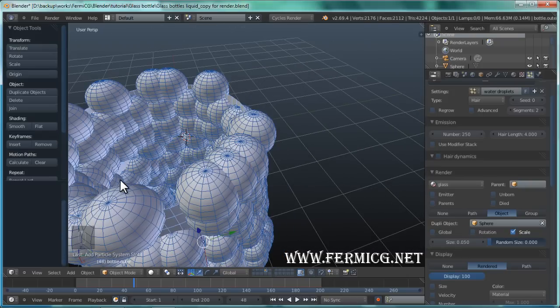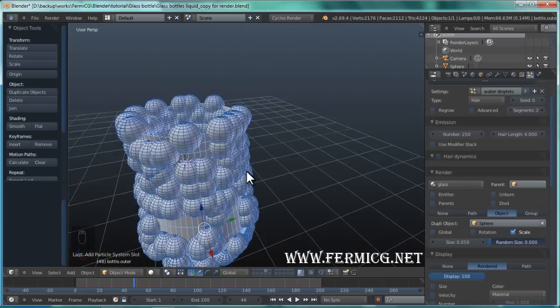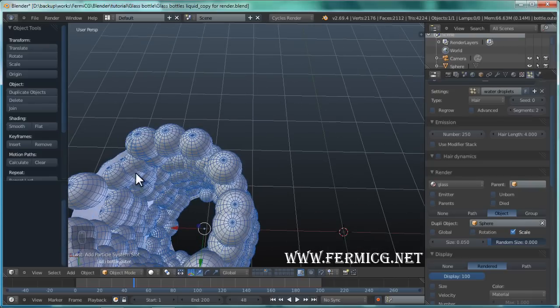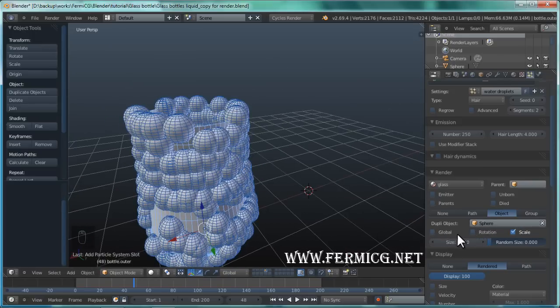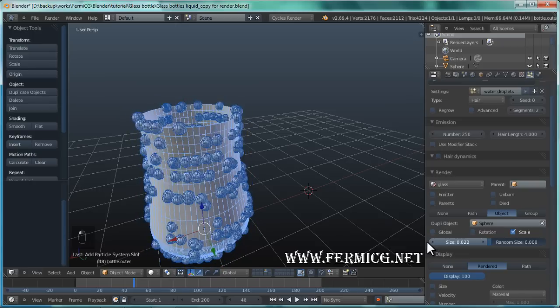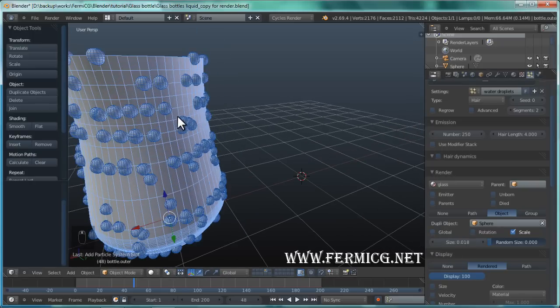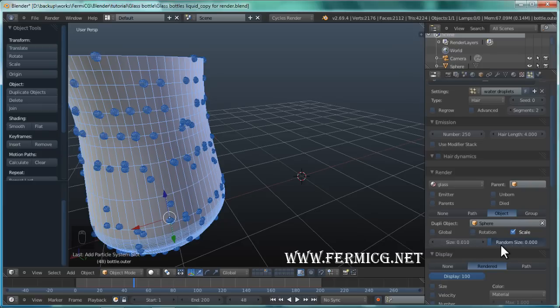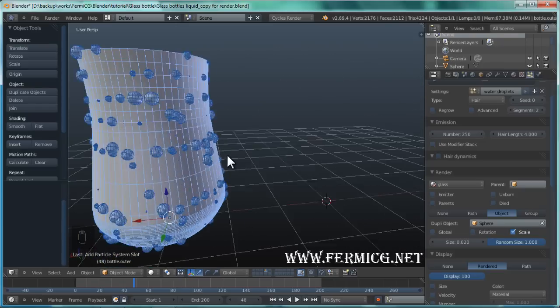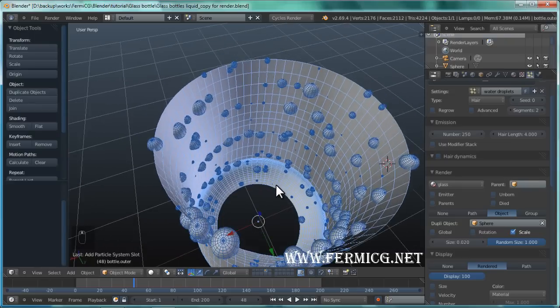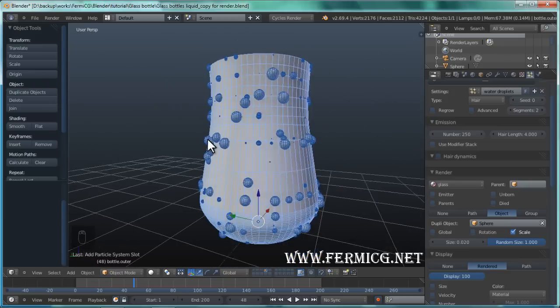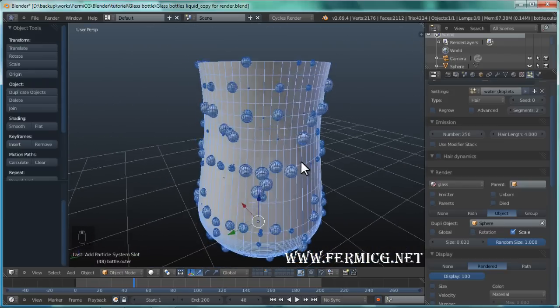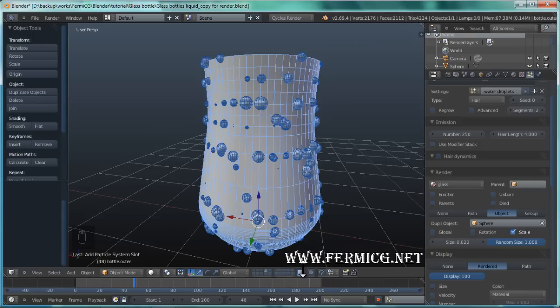Now the problem is, you can see now it fills the whole bottle, and you can see our water droplets are inside also. We can fix it later. And see, now you can have something called size. So just decrease the size a little bit, so we can have the actual water droplets, and also increase the random size a little bit in order to see. So we have the water droplets itself, and inside you can see every droplet is penetrating the mesh itself. We can fix it by selecting our actual